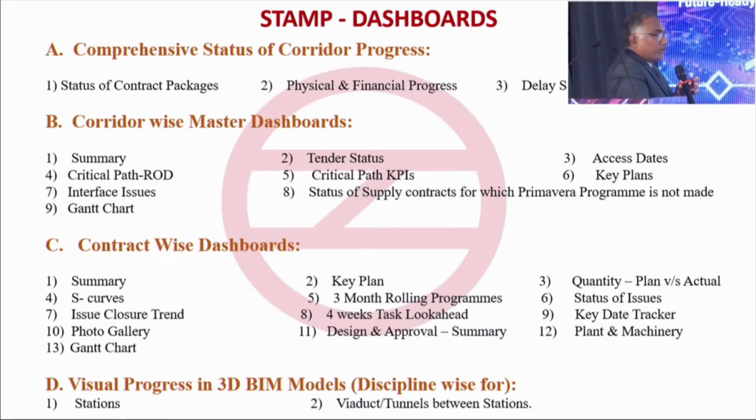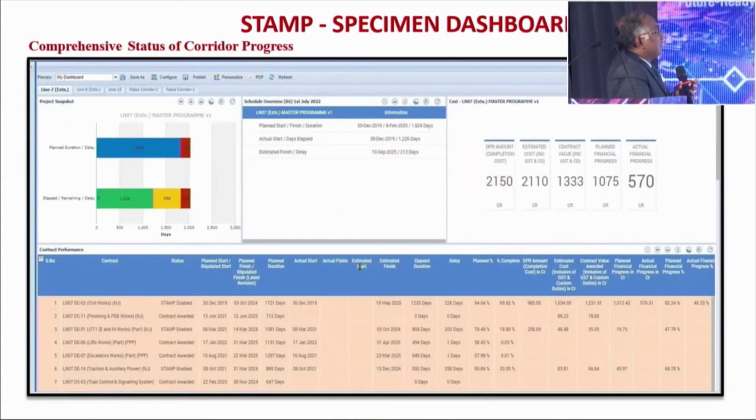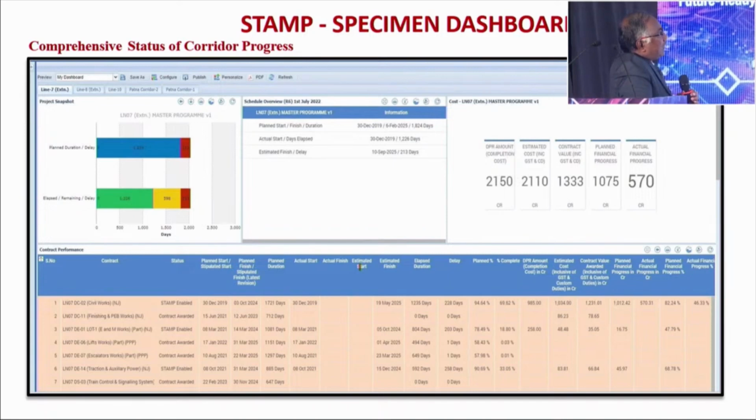And visual progress is in 3D BIM models. So these are actually the dashboards of the Stamp, which is corridor-wise. If you see in the middle, the planned start of the corridor and the duration of the corridor are given, and then the actual start and the days elapsed in the second row. And the third shows the estimated finish and the delay of the project till